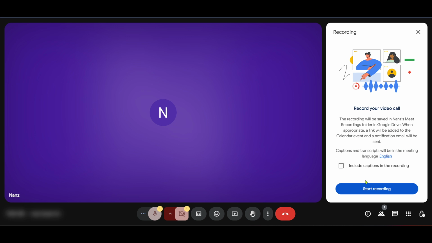This recording feature is incredibly beneficial, especially if you want to refer back to details discussed in the meeting at a later date. Remember, once the session ends, Google will process the video and email a link to the recording to you. This makes it easy to share the video with participants who couldn't attend, or to keep the recording